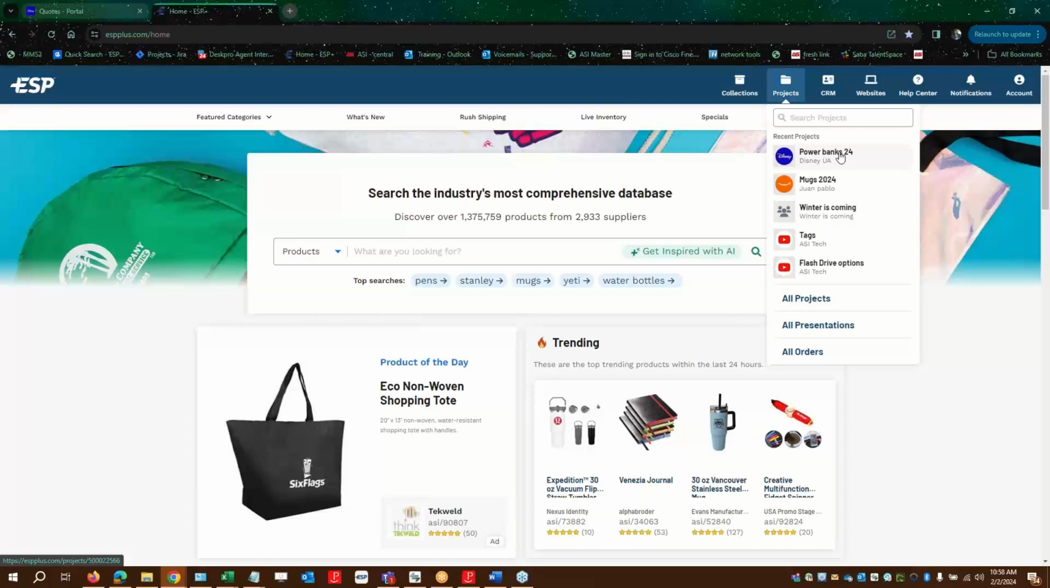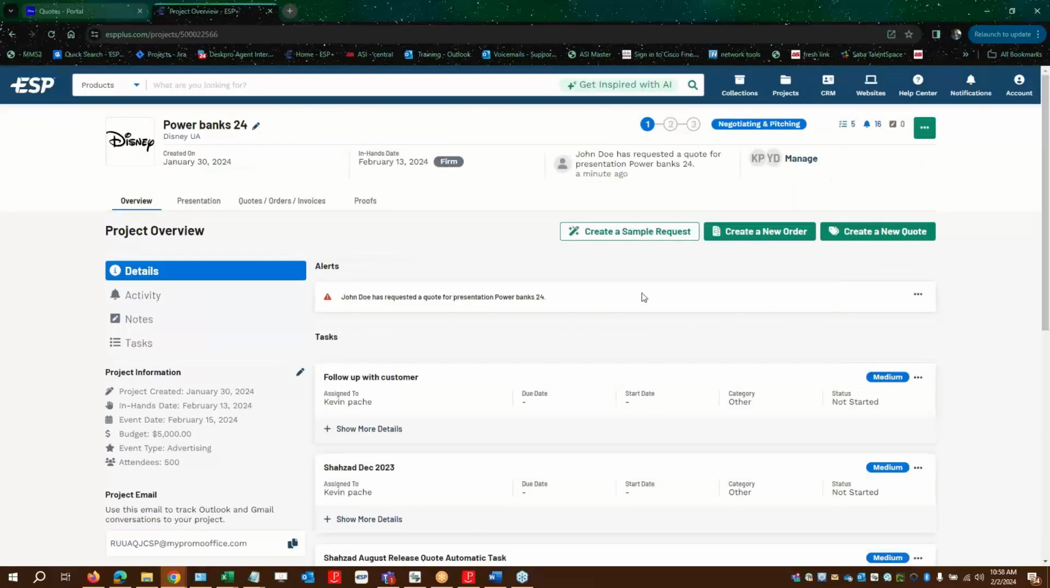So we go to Power Banks 24. You immediately see an alert saying that John has requested a quote for the presentation that we created for Power Banks 24. And at this point, instead of presentations, now because they requested a quote, we're going to quotes, orders, and invoices. So let's go there,